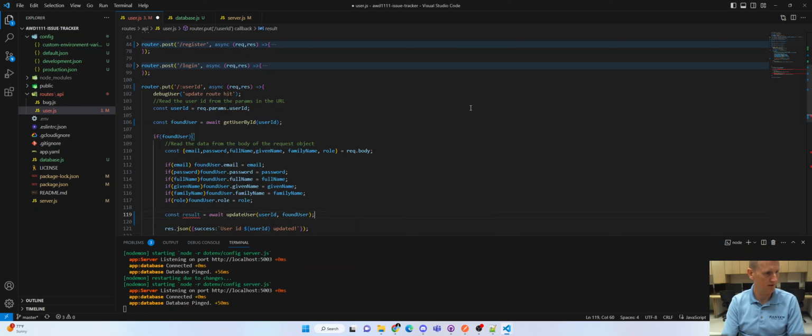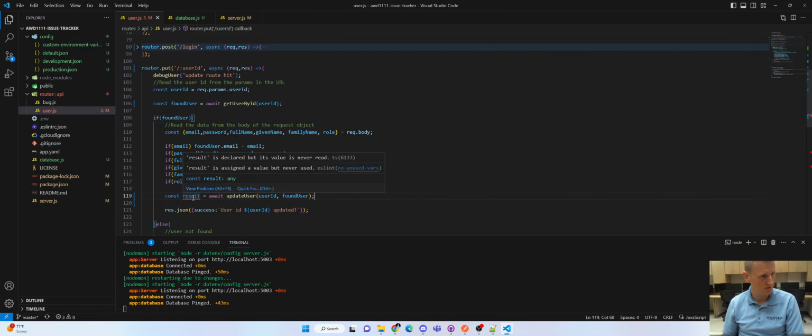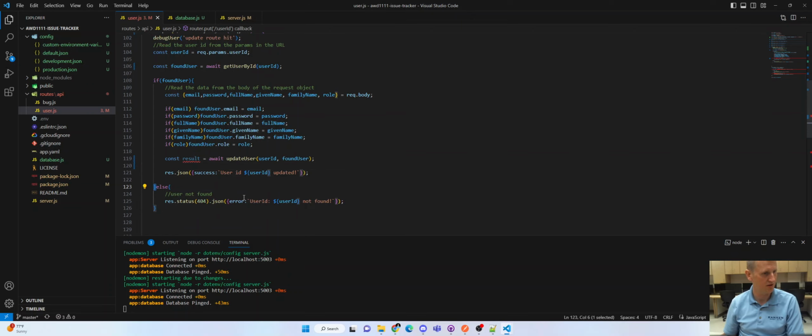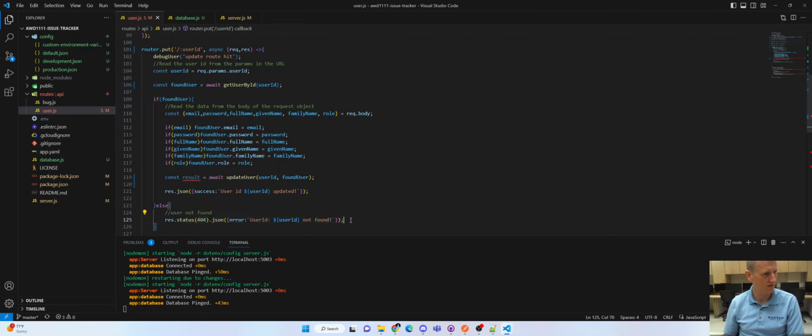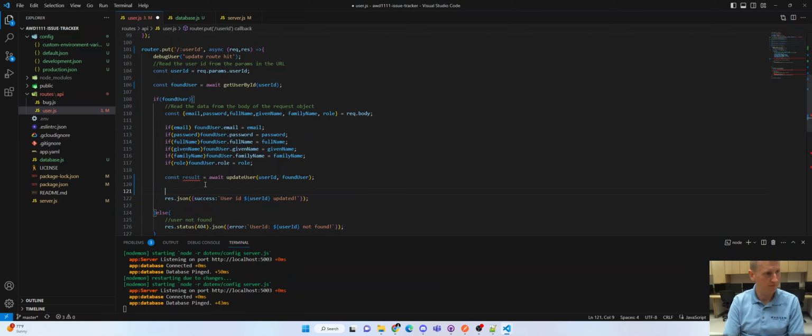It returns a promise, so we have to await that promise. And now what's this else associated with? User ID not found. If found user, user ID not found. Here, if result is good, we, else res.json error. I don't think we need this if else right here at this point, but